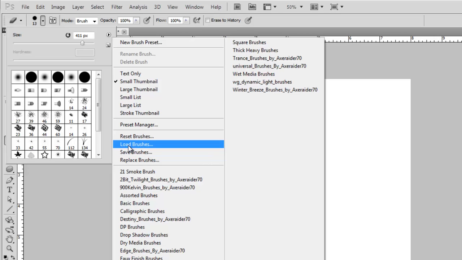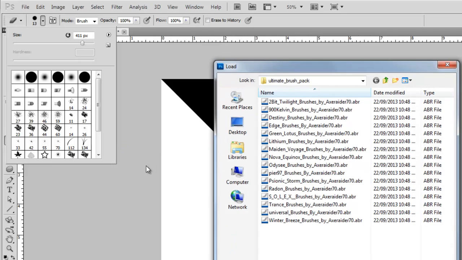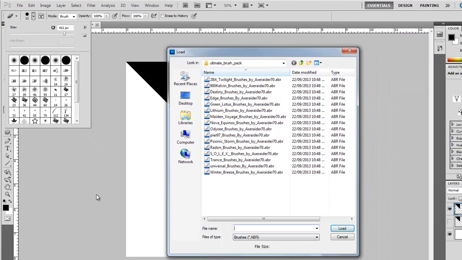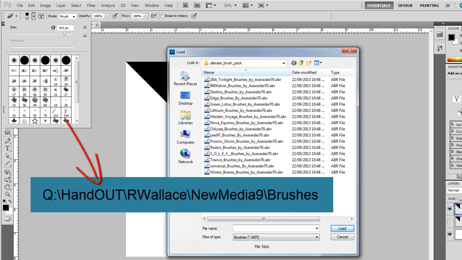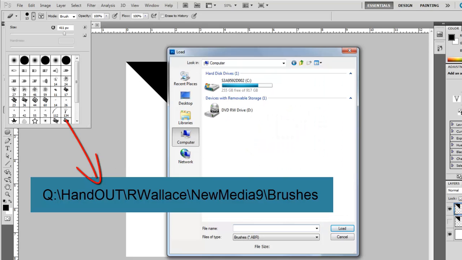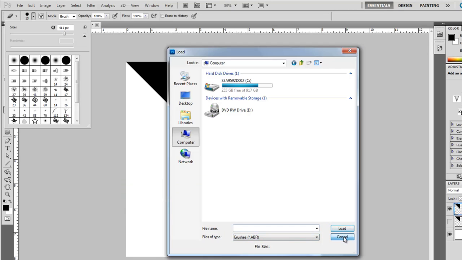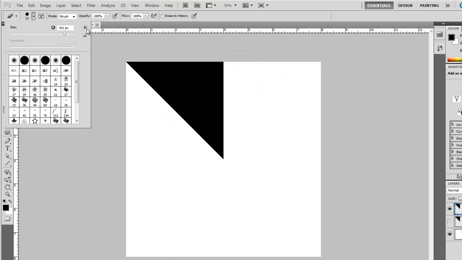If you click load brushes, my students will have to go to Q, handout, R Wallace, go to computer, Q drive, handout, R Wallace, New Media 9 or AGA 15, and the folder is brushes. Inside that folder you'll find a whole bunch of .abr files. Select one, load it, and